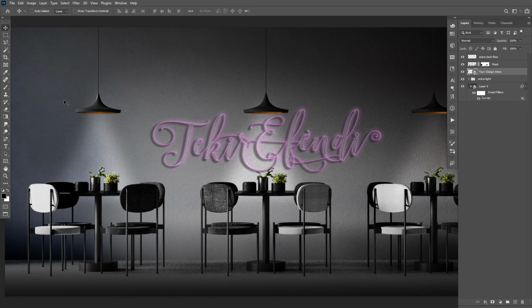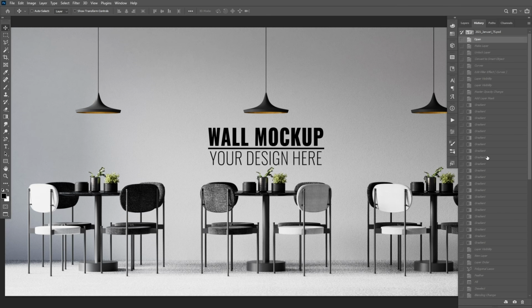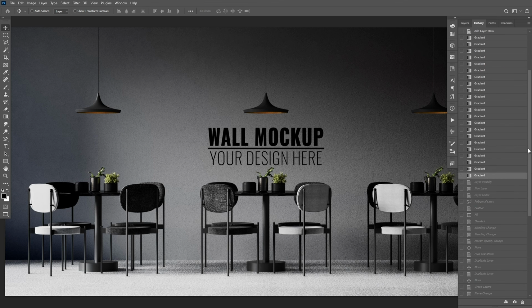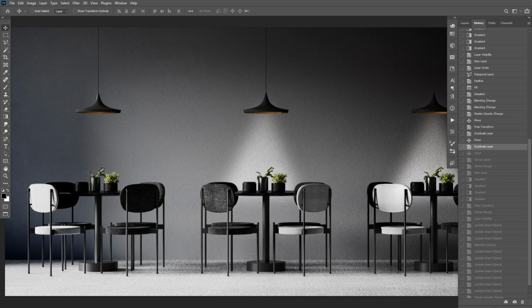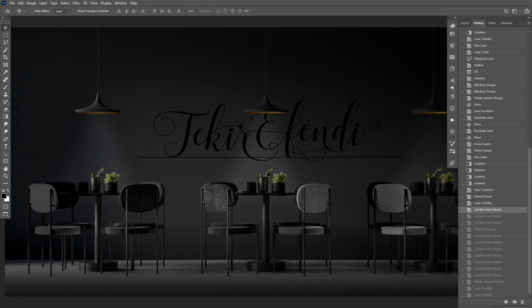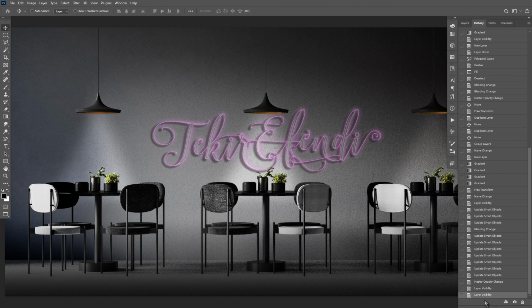But in any case, the purpose of this tutorial was to show you how to turn something from a daytime scene into a nighttime scene. So if we go back to how it was a daytime cafe, we did a whole bunch of things to make this become more like a nighttime scene, and we added lights. Obviously here I added a triangular light. Now if this was a round lamp, for example, then I would add a round light and then play around with that in such a way that it looks natural. Then I added the thing, and then finally in the end it became like that,